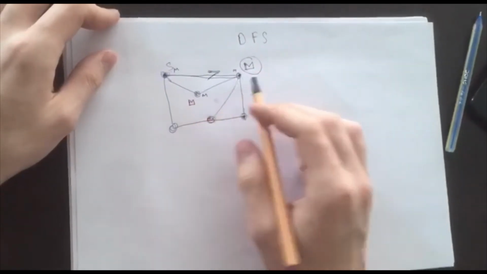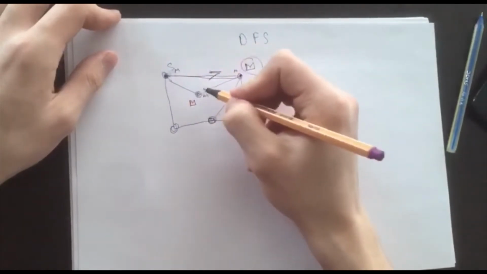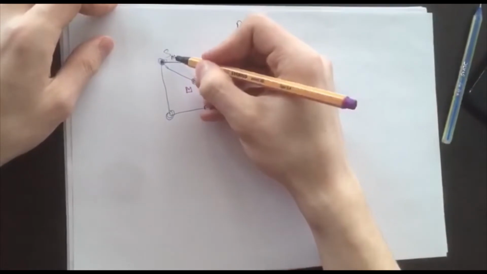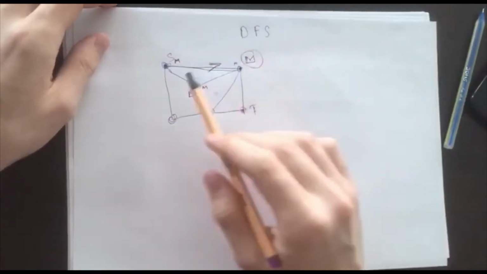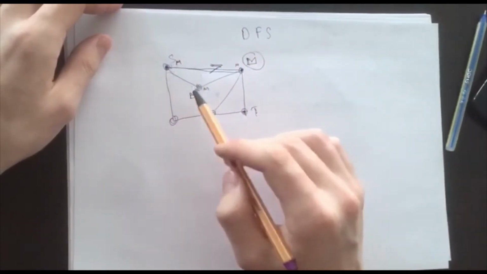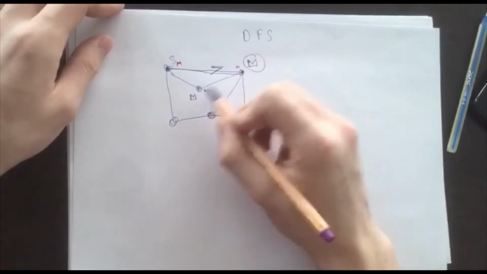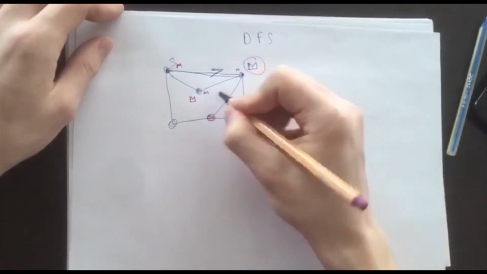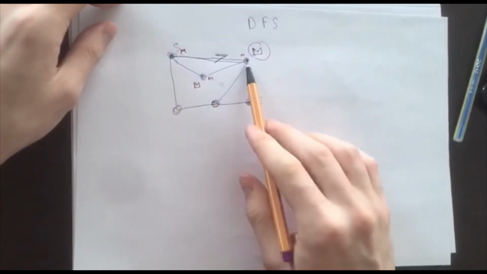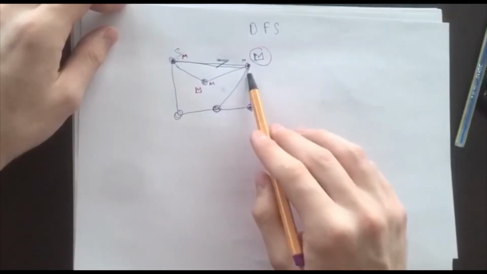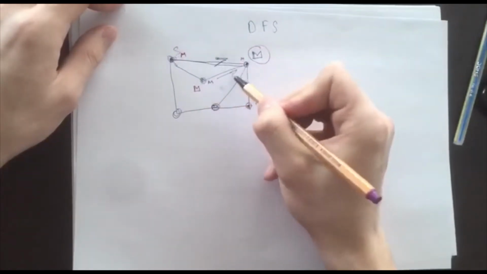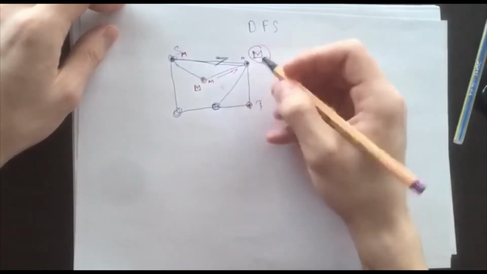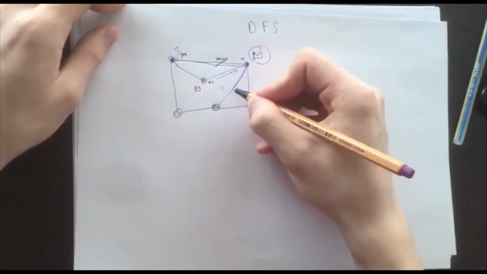This vertex is also marked. And we have only one option, this source vertex. But the source vertex is also marked. And we are not going to the vertex which we marked. And we will come back to that place where we have other options. For example, on this vertex we have another two options, and we are coming back, and we are again here,